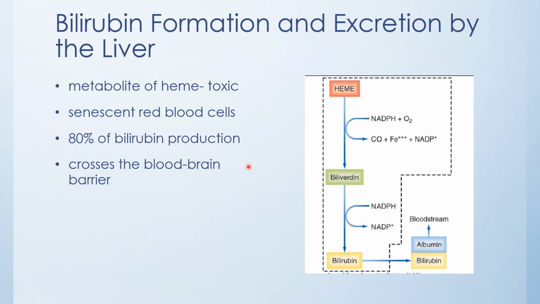That's called your kernicterus. This unconjugated bilirubin is not water soluble, so that's why it's carried by albumin and should be brought to the